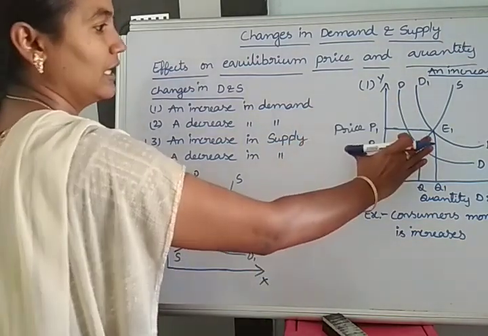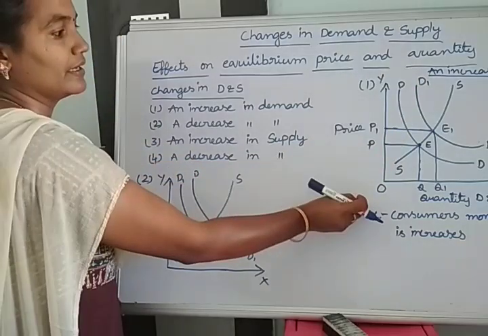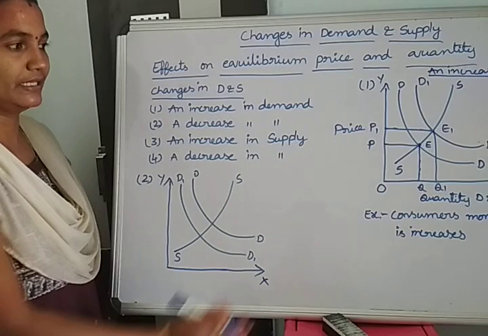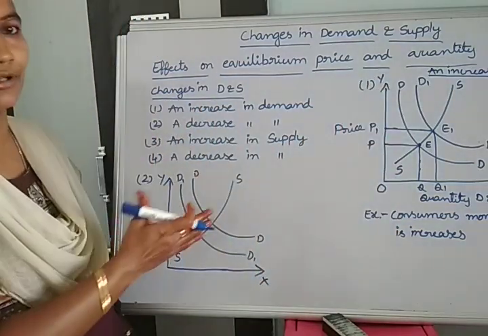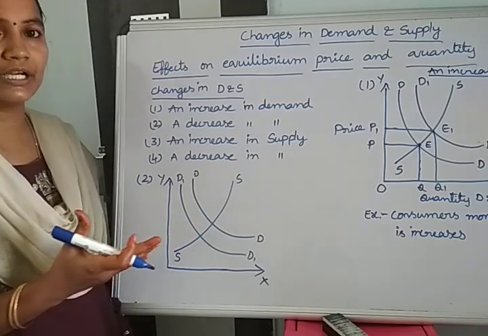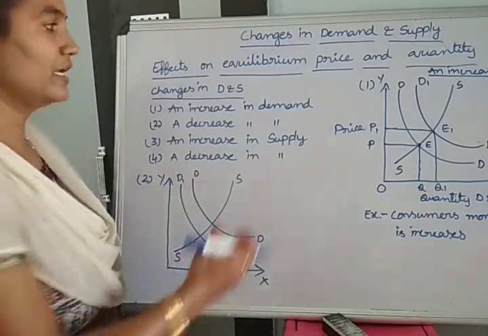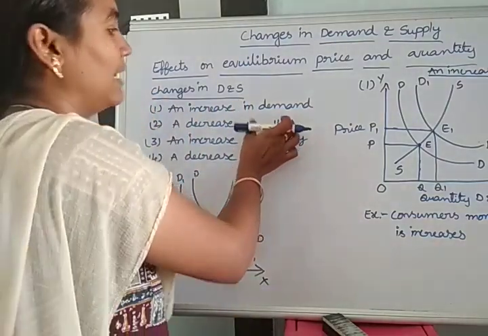So here, if supply is constant and demand increases, then the equilibrium price also increases. That is the main point here, because based on these situations we also have some important questions that they will ask for the entrance of the CA Foundation. Then, in the next situation, we are going to look at decreasing demand.